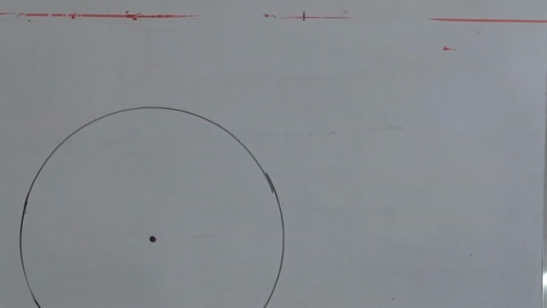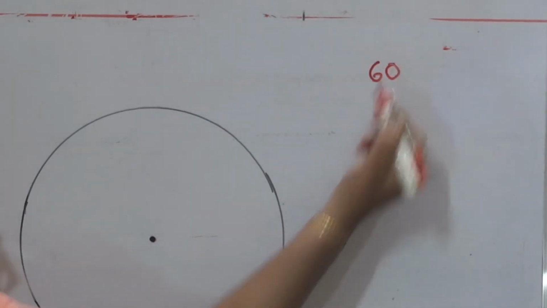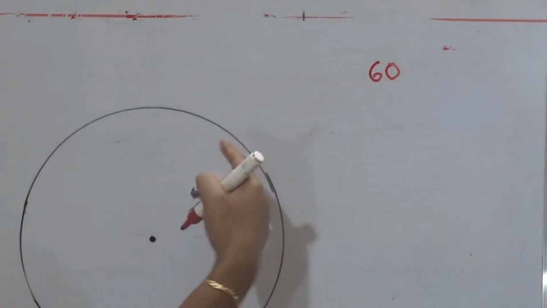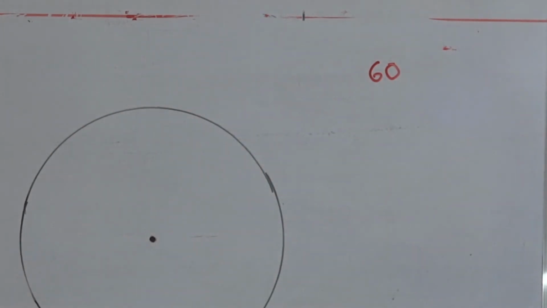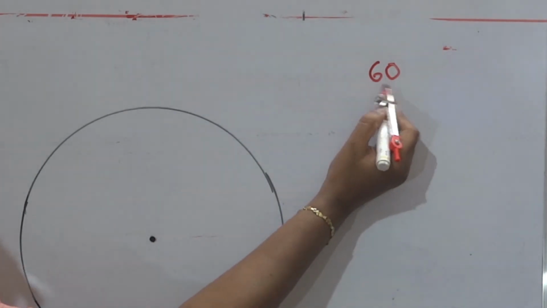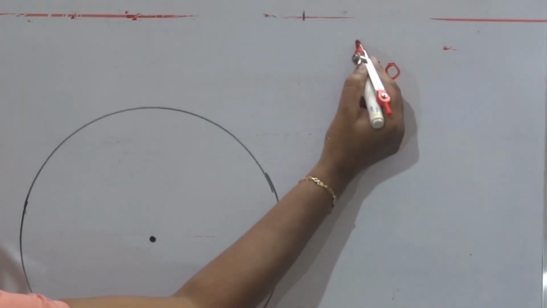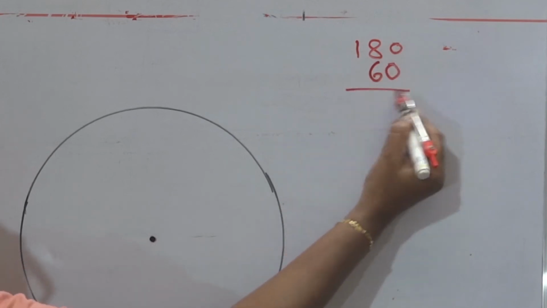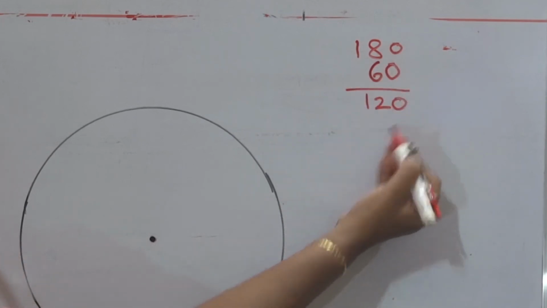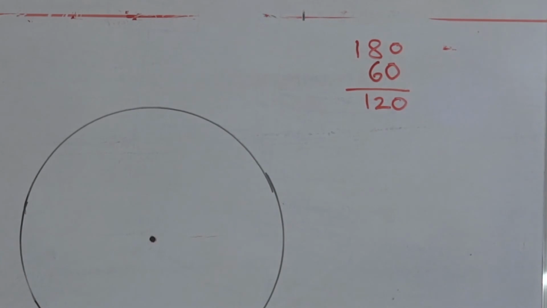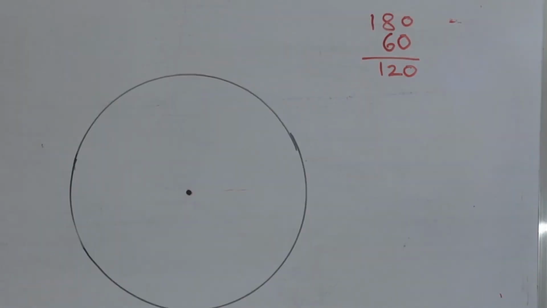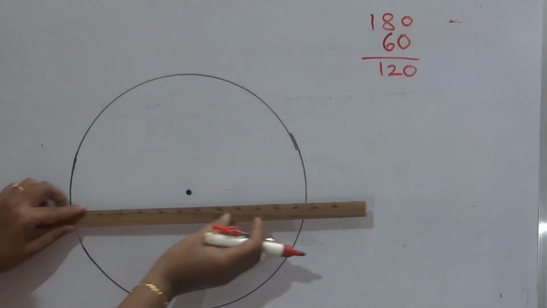As we have angle between the tangent 60 degree. By using this angle, we cannot construct tangents to the circle. Instead, we have to subtract this angle 60 degree from 180 degree. We'll get 120 degree. This 120 degree is the center angle. So, we have 120 degree as center angle. Now we will use this idea to make the tangents.